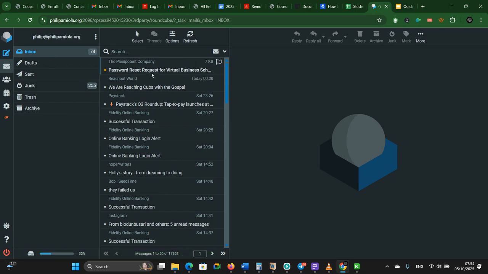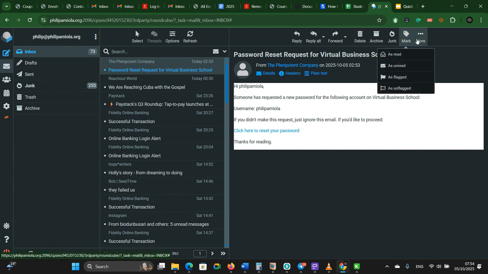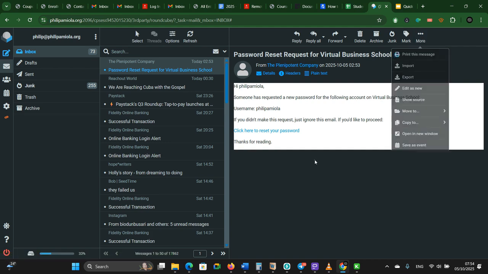Okay, this is it. Can you see, password reset request for virtual business school? So you find an email like this. So just click here to reset your password. Can you see? So this is it. In this case, I'm not going to click this yet, because I want to show you what it might look like in Gmail, since a lot of